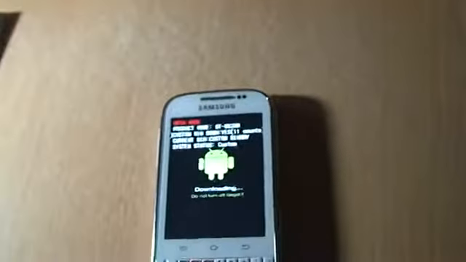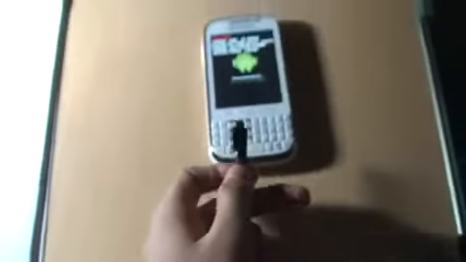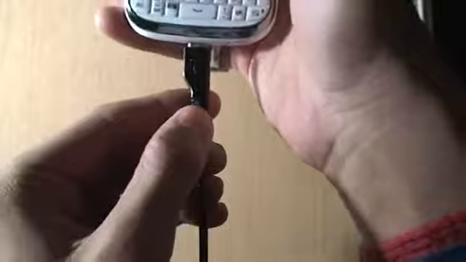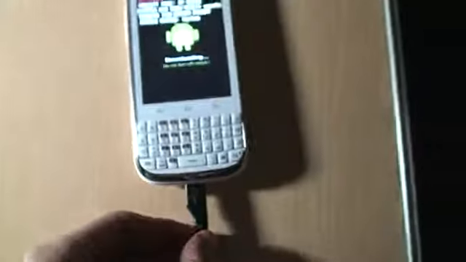Connect your phone with the USB cable. The phone has been connected.